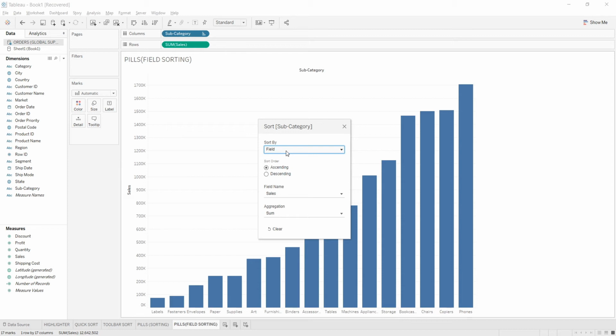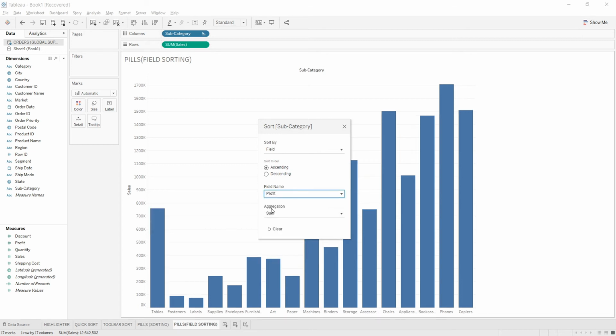That means if in my visualization I am using only subcategory and sales, instead of using sales or subcategory, I can still sort the data on the basis of any field, and I want to sort this data on the basis of profit. So I will be selecting profit from here, and the aggregation will be sum, and we want to show it in ascending order. So we'll be getting the output like this.